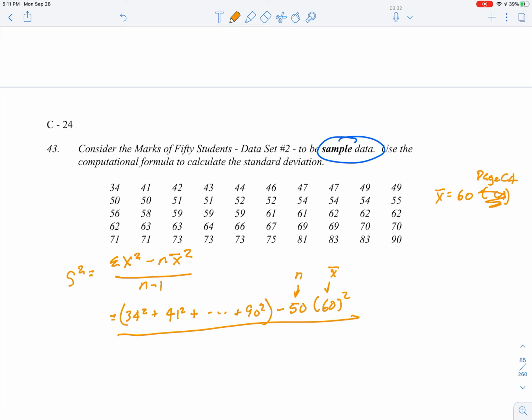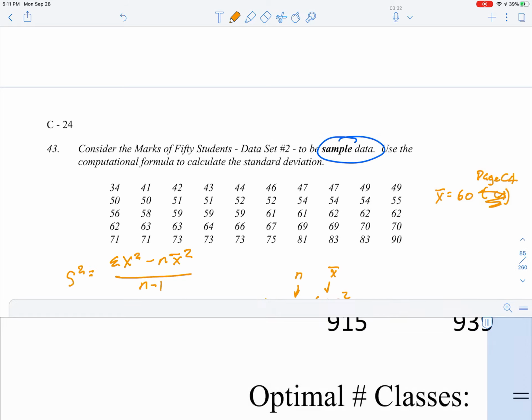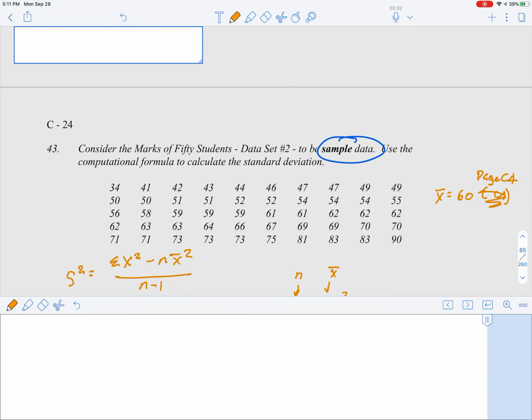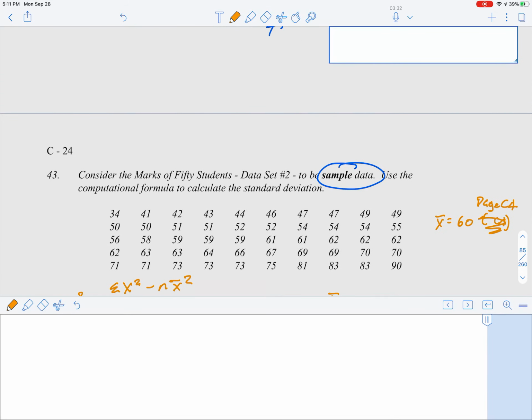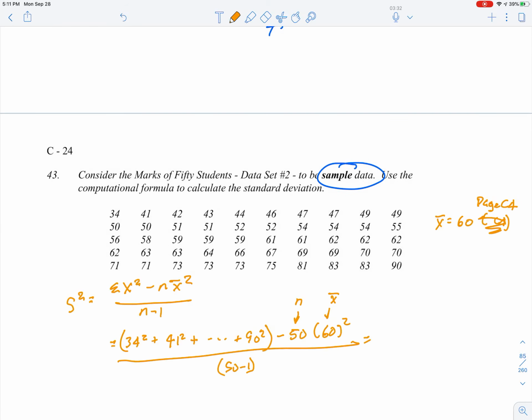And that's all over 49. So 50 minus 1, which is n minus 1. And that comes to 146. Whoops. There we go. 146.94. And if we take the square root of that,